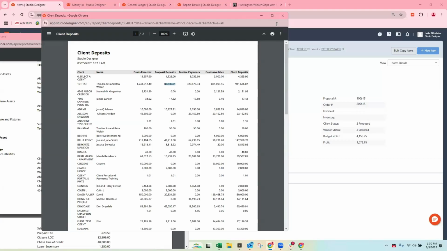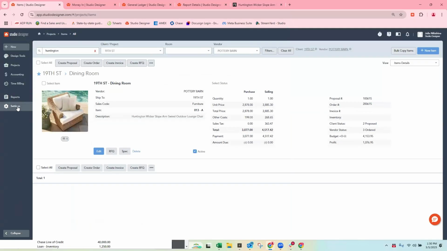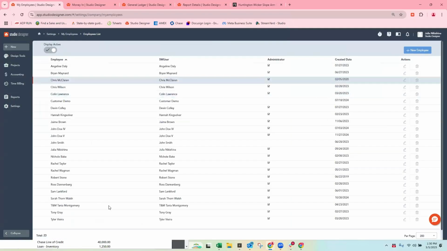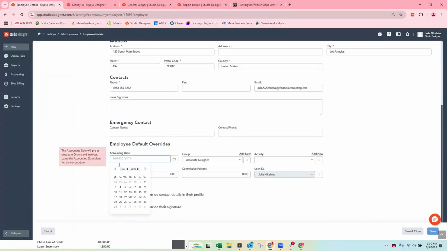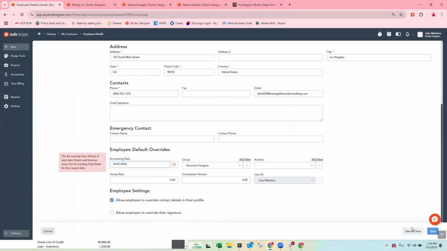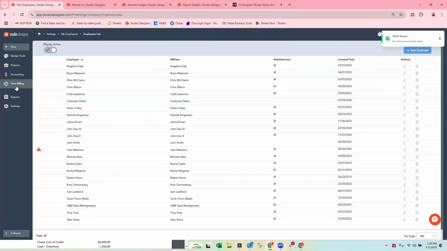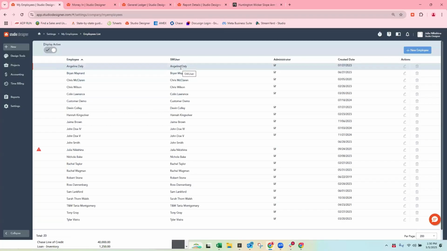Maybe I could actually change my date. Let's see if I could change my date to 4/1. I don't know if it'll let me change it to a date in the future. I actually never do that. So if I change it to 4/1, I wonder if it'll let me. Oh, okay, it did. The reason I want to change it to 4/1 is because I want to be able to pull an income statement so we could see exactly what happened with just this item.